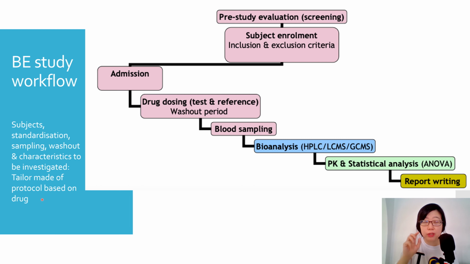Right, so it's a very specific form, but don't be too worried, because there's a lot of drugs which have been studied very well already, so there are a lot of published articles on them. So before you actually conduct a study, the first thing that you need to do is look up PubMed and so on to find out what other people have done, so you roughly get an idea of how the time frame and analysis method should be. Okay,